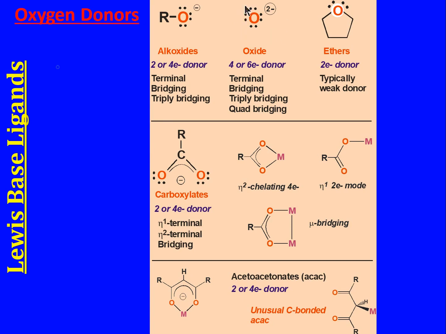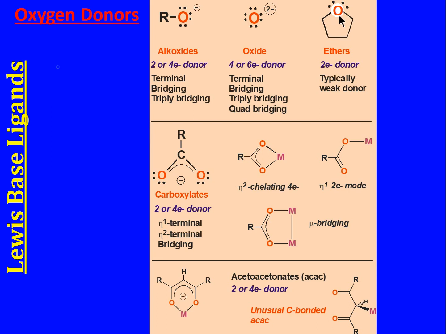The oxide, the second type of oxygenated ligand, is a 4 electron donor terminal, or in rare cases a 6 electron donor terminal. It can be bridging between 2 metal centers, so 4 electron donor in total, 2 electrons donated to each metal center. The third type is the ethers,